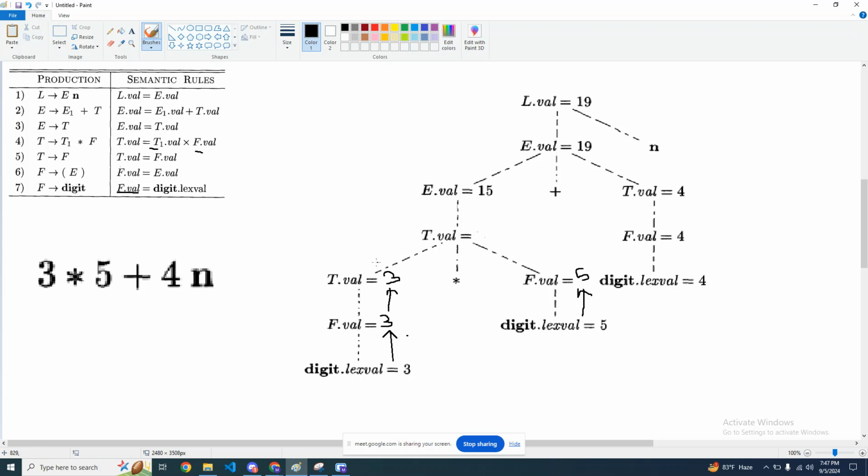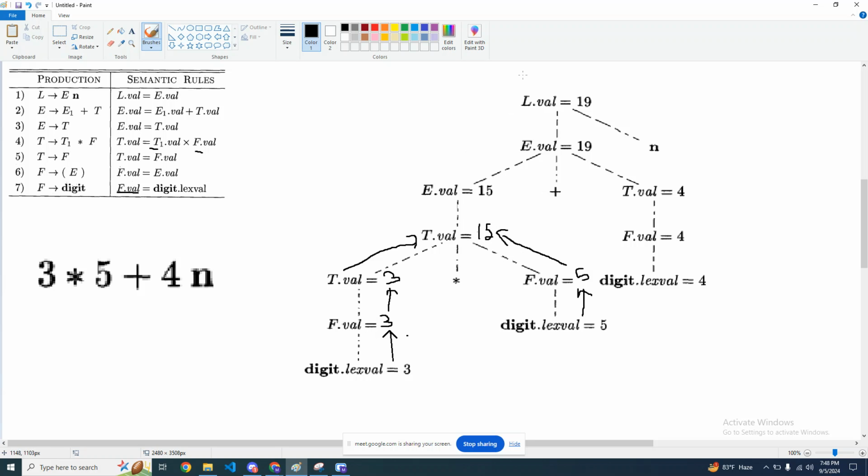so we're going to draw an arrow from T1 dot val to T. Okay, and we're going to draw the value from F dot val to T. So we're taking these two values to calculate T dot val. What is the value of T dot val? 3 into 5, which is 15. Okay,